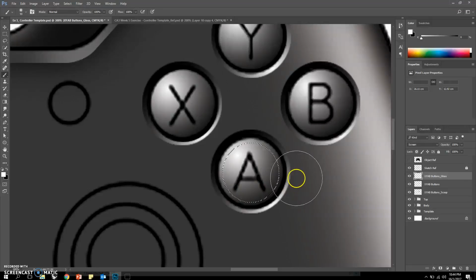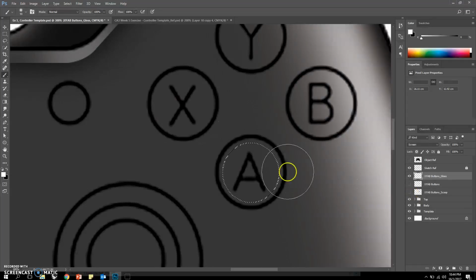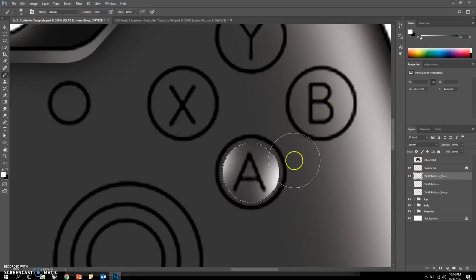Okay, let me just delete. What I did was, let me just switch off this button on. Okay, what I did was I used the white brush, and then I just paint the edges in order to get that effects at the round corners. Okay, let me switch this off. That will have the shine that you need. So from there,